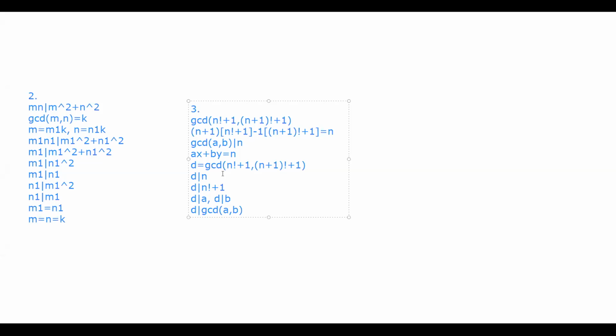Just a minute. Yes, if D divides M or N, then D cannot divide the... If D divides M, then it cannot divide N. Wait, I think you have gone wrong somewhere. Something is wrong in your assumption. I think so. Okay, I'll check that. Yes, okay, I think you can put it on mute.